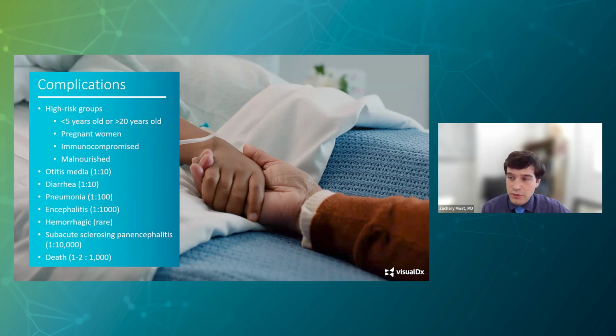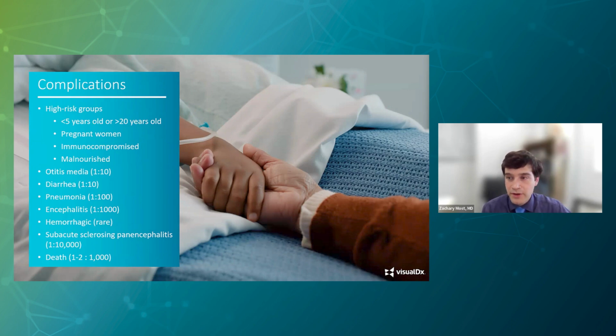And subacute sclerosing panencephalitis, this is a progressive long-term encephalitis that can develop years after a measles infection, sometimes 6, 7, up to 10 years after a measles infection. And it is progressive and there's no treatment for it, and it uniformly leads to death. It's a rare complication of measles, but as cases start to rise, it is something that we might have to be on the lookout for going forward, even into the next decade.